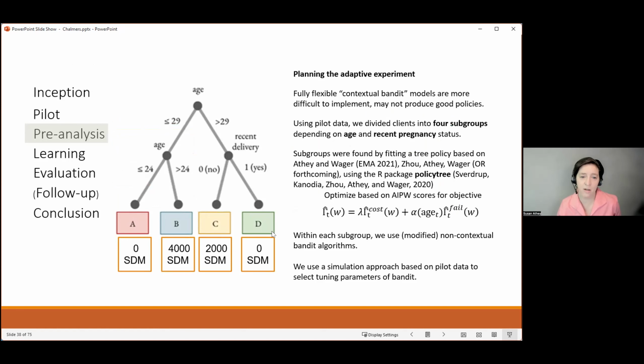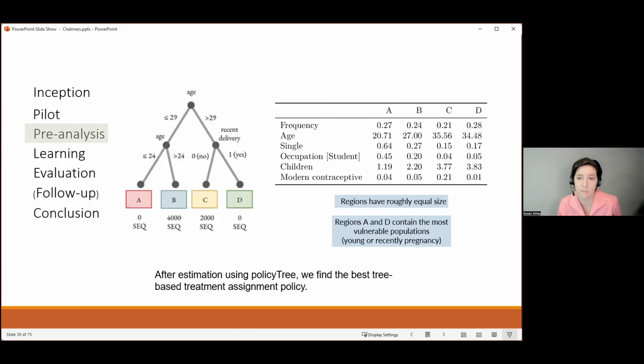So based on the pilot data, we think that all the women should be getting the shared decision-making, all the different types. But the discounts, if we have a budget constraint, the discounts should be concentrated on women who just had a baby and are older, and young women, the youngest women under 24. And then we still have pretty noisy data, so we want to do 2 things. We want to go out and collect more data to learn if this really is the best way to assign the treatment. And then second, we also want to gather data about this policy, or the best policy, the policy we learned, so that if the government was going to go out and implement it, they would actually know how much it's going to cost and how much benefit there is, how worthwhile it is.